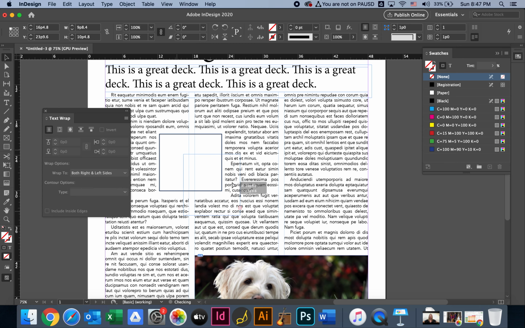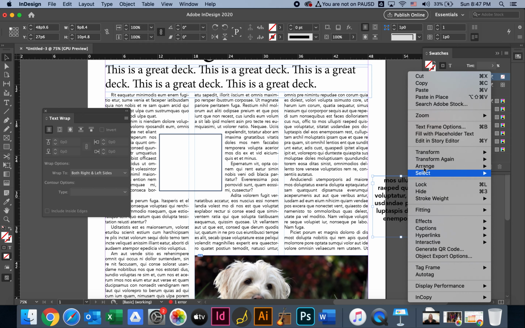And the text wrap does not distinguish one text from the other, so I can't really put it there yet. It won't let me because it's bumping off from the text wrap. So I'm going to leave it out there and I'm going to show you a little trick. And the trick is, if I hold Control and I click on this text box and I go back to